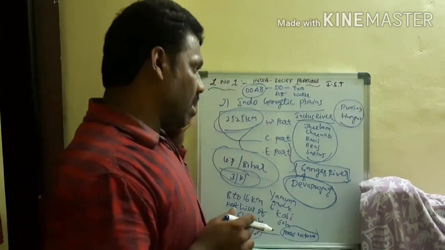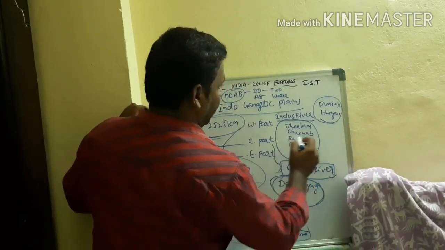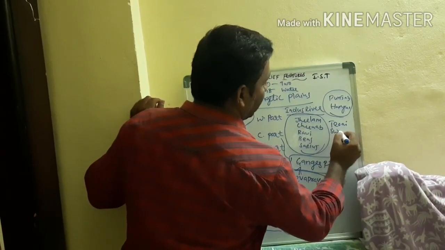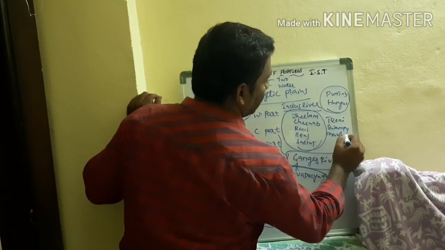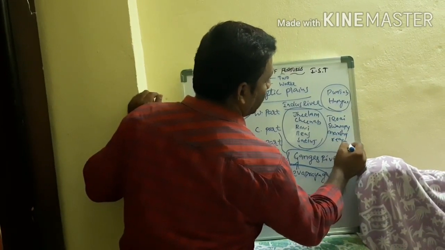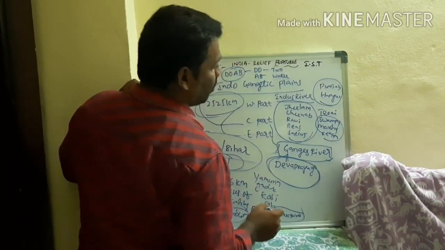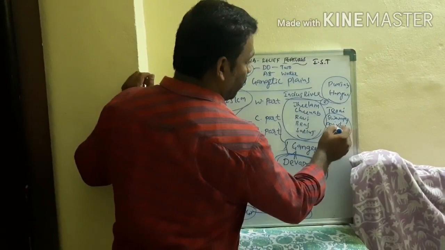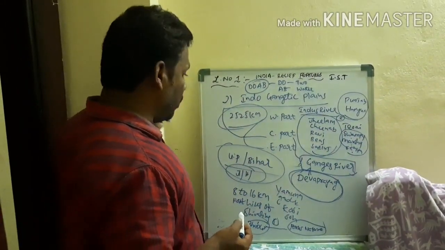We have one more that is called what? Terai. A swampy, marshy region. Swampy, marshy region is called what? Terai. One is Bhabar, an important concept for one mark questions. Second is what? Terai. What do you mean by Terai? Nothing but swampy, marshy region is called what? Terai. And next we have two more important ones.